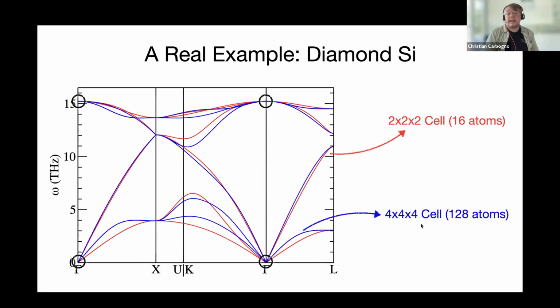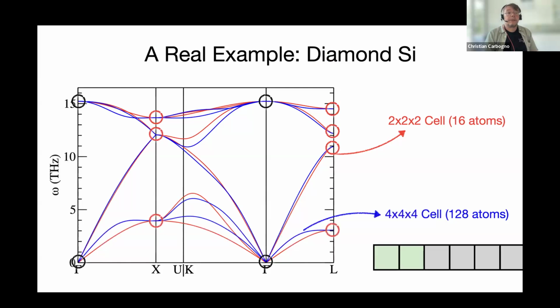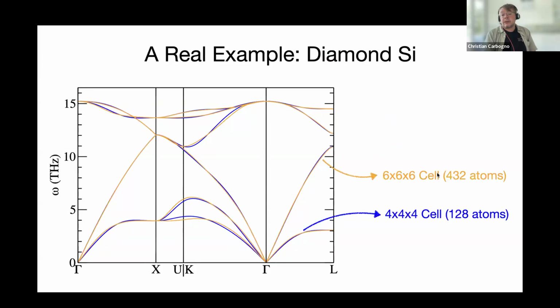We can then go even further and look at the 4x4 cell, or here looking at 4x4x4 Q points, and then interpolate between. We see that the result gets even better because we've now covered more reciprocal space. And here I'm now going to even a 6x6 cell, or quite a strong Q grid that we're covering here. And we have now essentially achieved convergence.